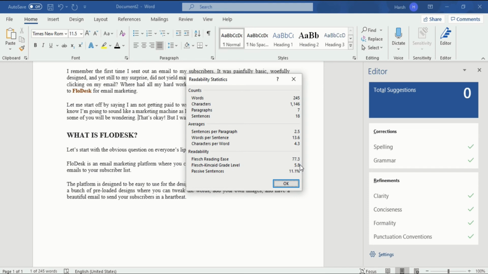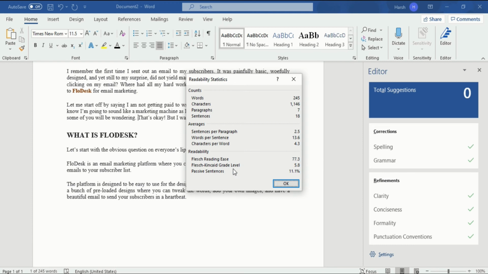While the earlier document which I copy pasted from Wikipedia about Microsoft is not reading ease, a blog is always written in a way that it is readable by everyone. That is why our reading ease is 77.3. I told you it should be above 60, but in our case we are seeing 77.3. That means everyone could easily read it.